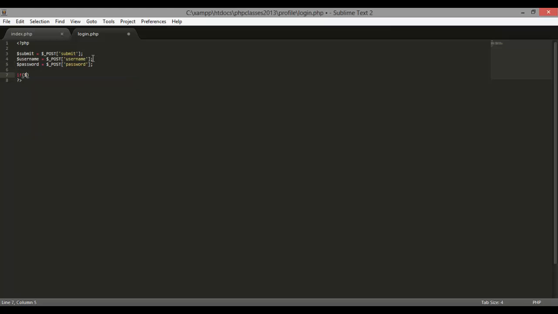Now we're going to create an if statement. We're going to put the submit variable here and say that if the submit button is pressed, then... Alright, now we're going to add another if statement, and we're going to put the username